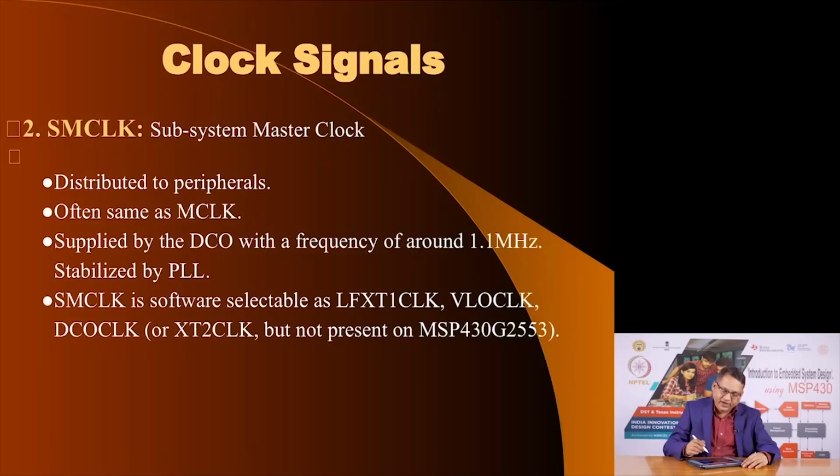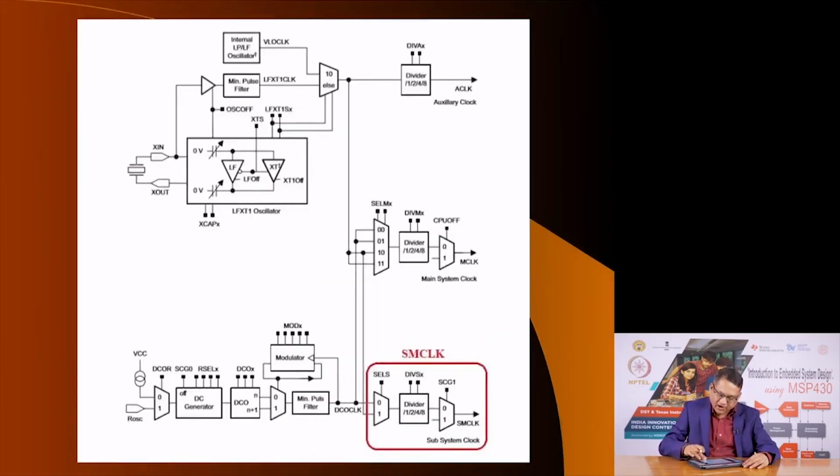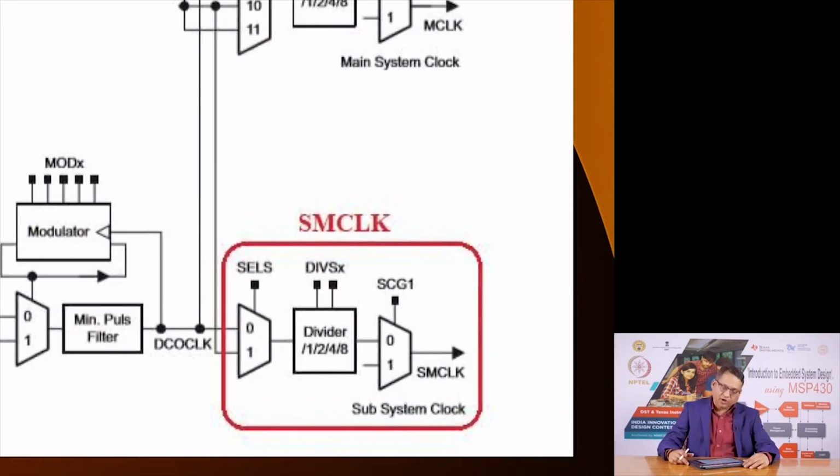Then the other signal that we need is the subsystem master clock. It is distributed only to peripherals. This is not fed to the CPU. Oftentimes it is the same as master clock, and at reset the value is from the DCO and the frequency is 1.1 megahertz, and again it can be sourced from the low frequency crystal oscillator or the VLO oscillator or of course the DCO clock. Here is the part about subsystem master clock,